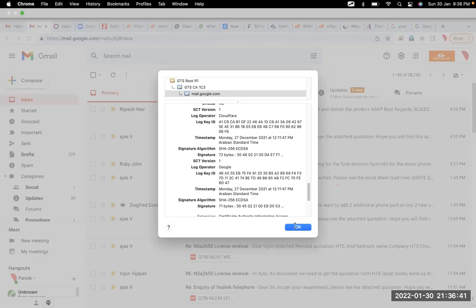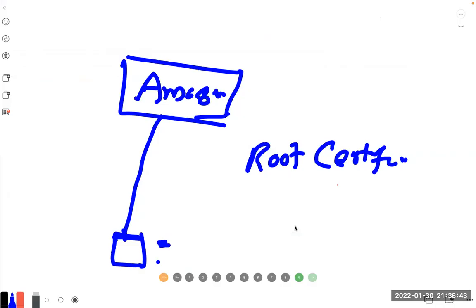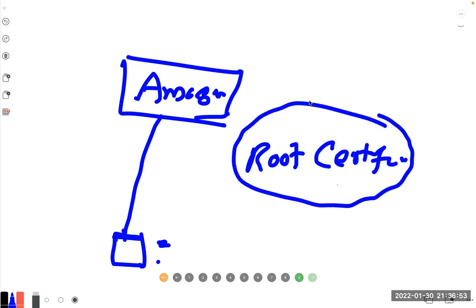So when you are starting a company like Amazon, you apply for a certificate from this root company. Then the root company will put another, I mean, on top, when you are accessing the Amazon site,